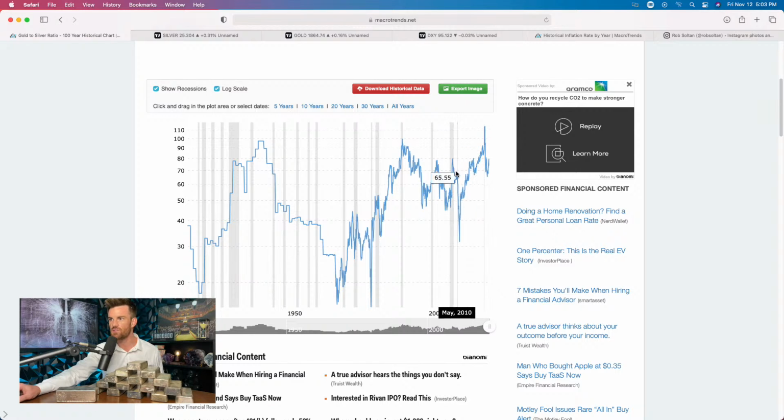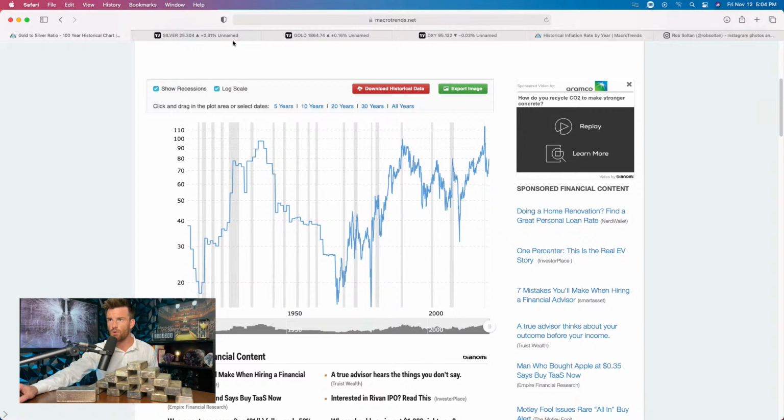This is way out of proportion. I would argue that it should be closer to this range, but that's also being conservative. The historical ratio is 15 to 1. So this is the historical price down here, what the historical ratio was for silver to gold. If you go down to these levels, you're talking when it was 16, 15 to 1. And you could imagine how much higher silver's price would be if it was a 15 to 1 ratio, not a 73 to 75 ratio. So that's the first thing I wanted to go over.